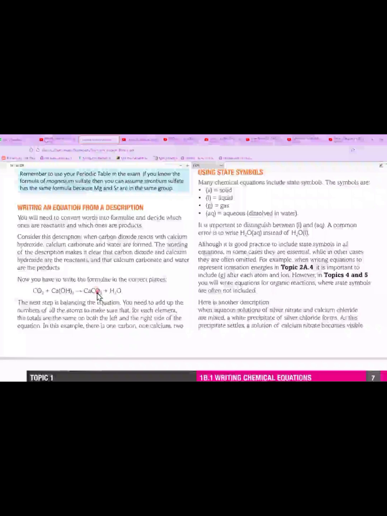For this carbon dioxide, there is one carbon over here on the reactant side, and one carbon over here on the product side. As well, when it comes to hydrogen, two hydrogens are here, two hydrogens are on the product side. These two are balanced. When it comes to oxygen, the oxygens got balanced. You can see there are three oxygens over here. Why is there one oxygen attached with the water, with the hydrogen?